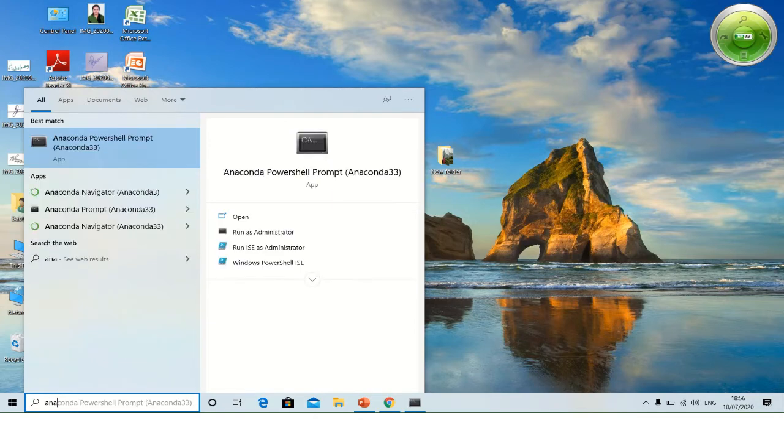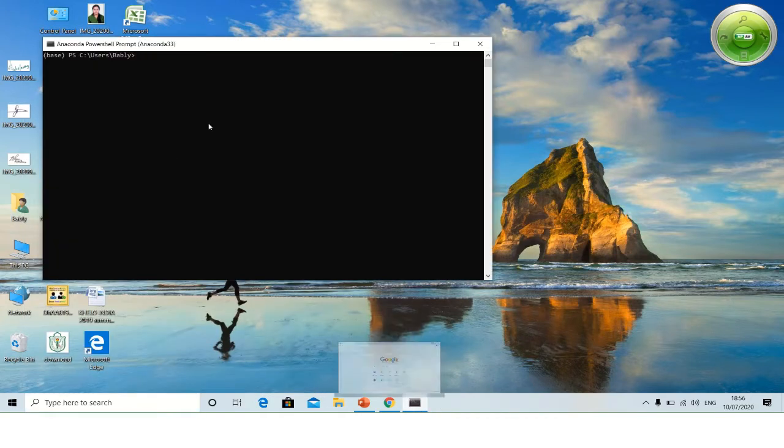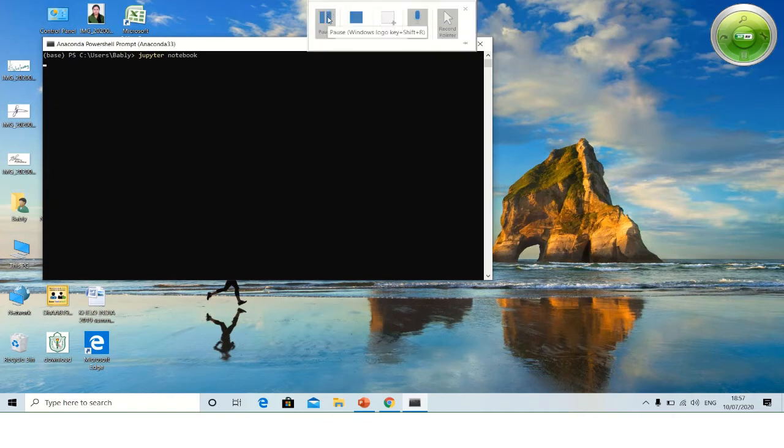First, search for Anaconda Prompt. You can see the command prompt has opened. Click on open, and here you have to write Jupyter notebook. For opening the Jupyter notebook, just write this command, Jupyter notebook, and press enter. You have to wait a few seconds, or 1 or 2 minutes, and it will open in the browser.